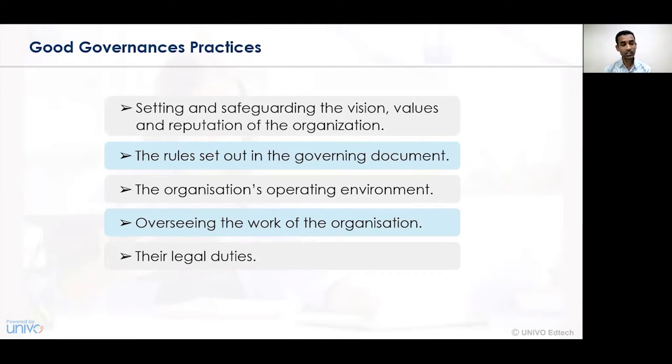So here in this case, we need to keep in mind that the vision, mission, policy, long-term objectives, short-term objectives, the environment of a particular business, either the internal environment or the external environment, the governing document or the policy document of the company, and all the legal formalities are being complied with in a very effective way. And only then can we say that the plan that we have prepared with respect to the operational activities is good, qualitative and effective.